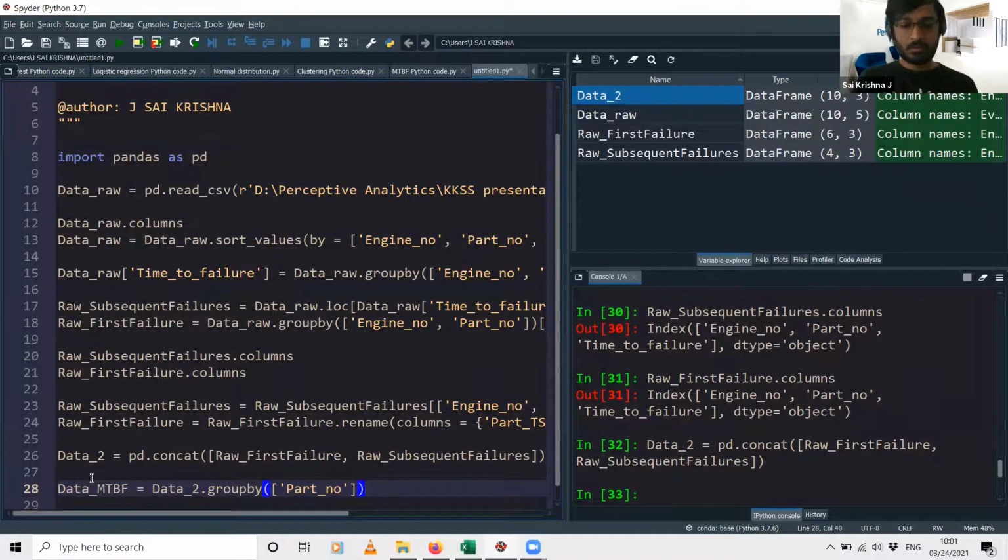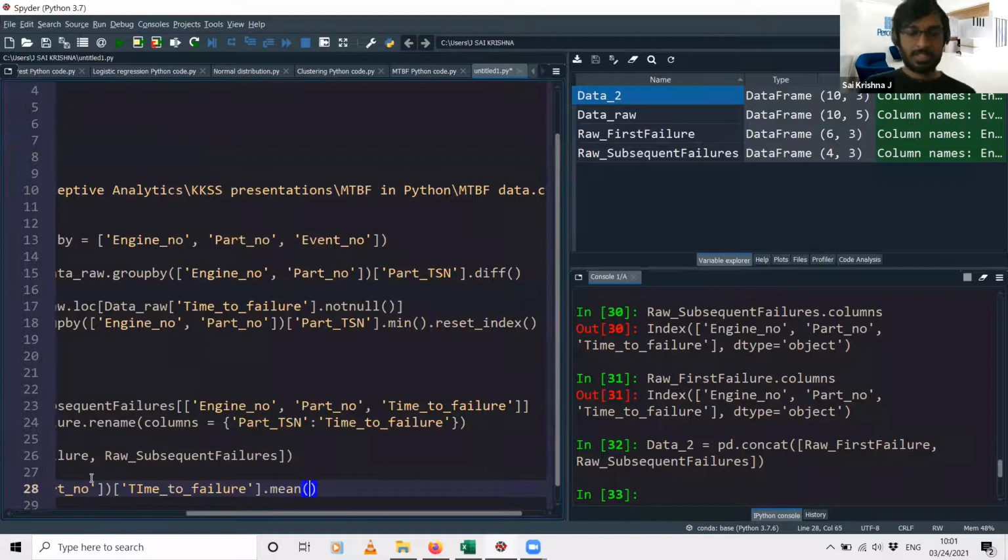For this part number column, the numerical parameter is time to failure. On this numerical parameter of time to failure, I am applying the average function. Same syntax for the group by which we used in the previous lines of code as well.